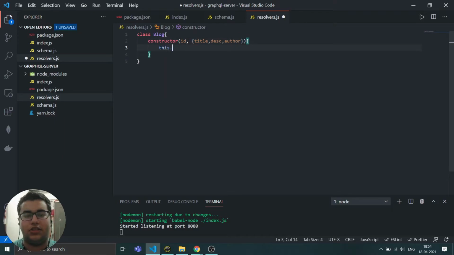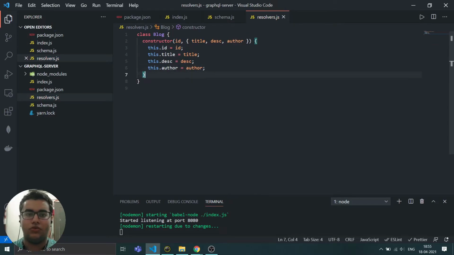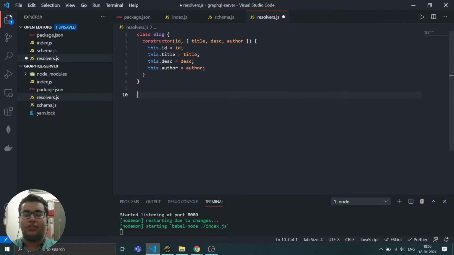Then inside the constructor we are going to assign everything. So this.id is equal to id, then this.title is equal to title, this.description is equal to description, this.author is equal to author. So now the blog class is created.